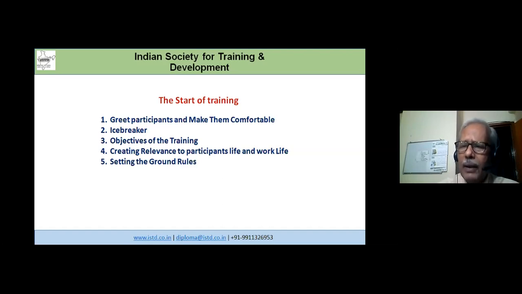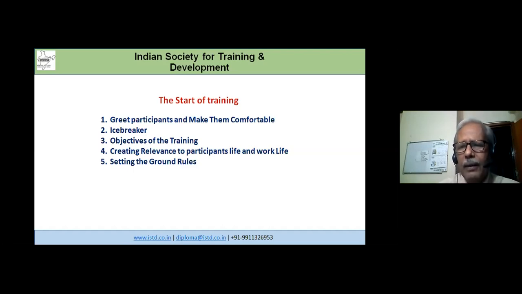The trainer may start giving some of his experiences of life, or the trainer may elaborate some incident which he has gone through recently. But whatever the trainer says, whether it's a story or an incident or an experience of life, the most important thing is that it must be related to the topics of the day.